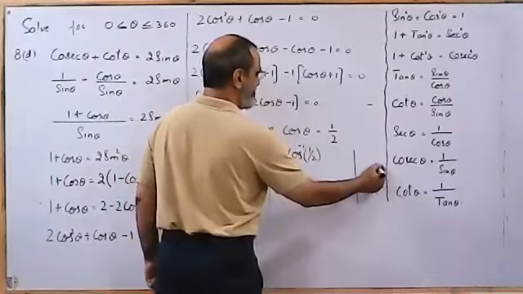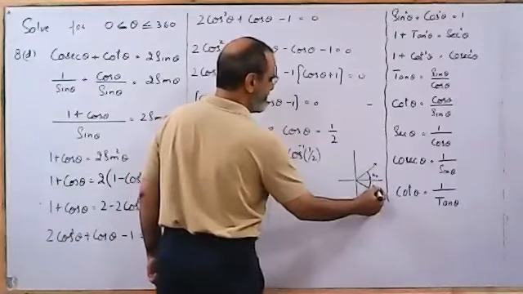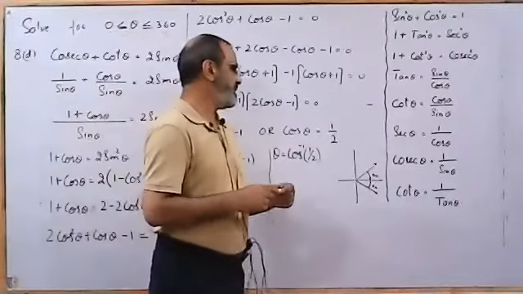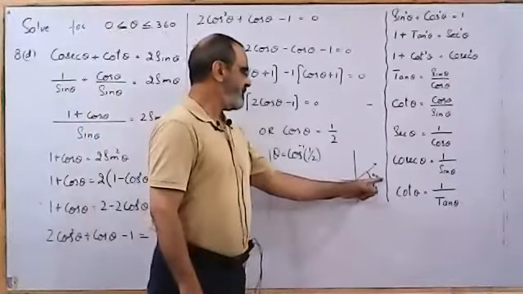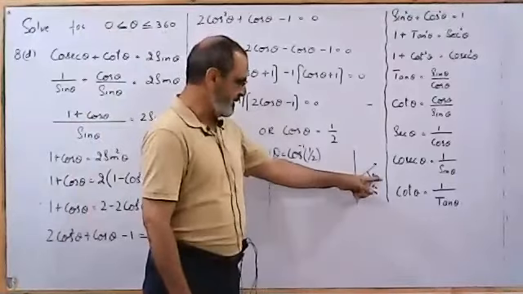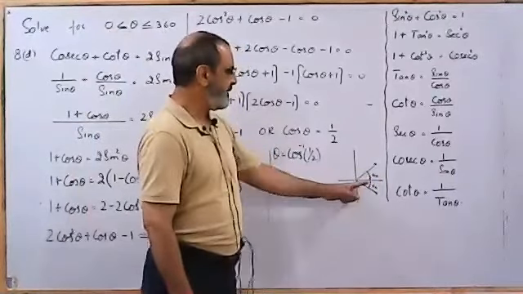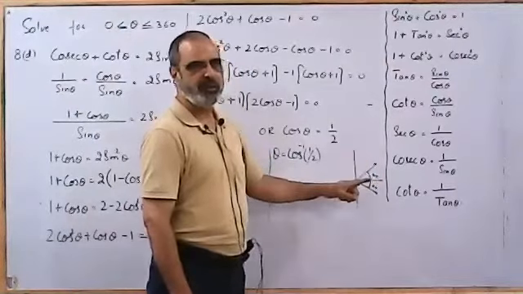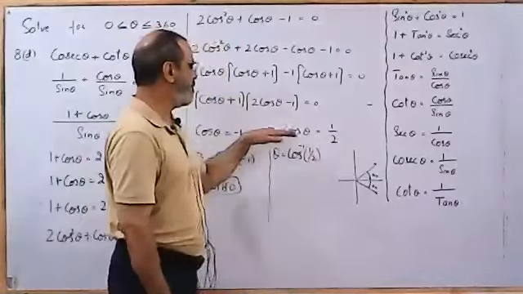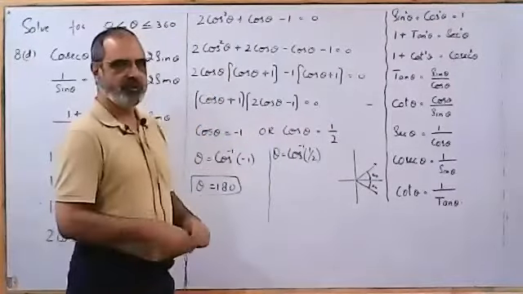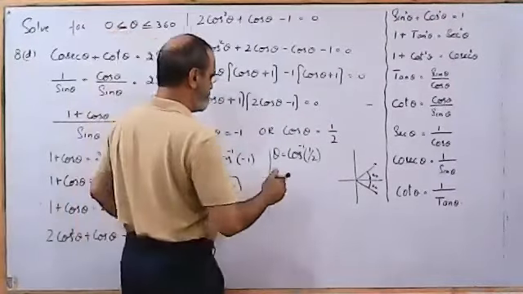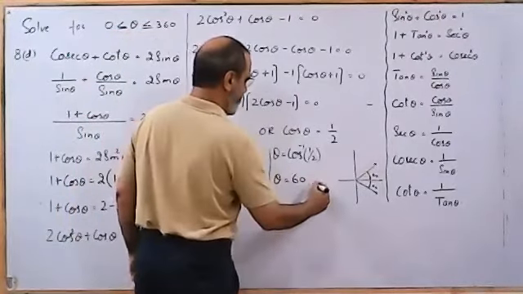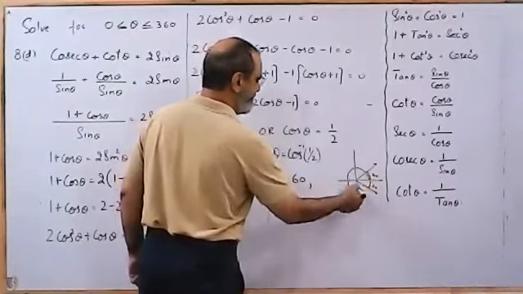So the base angle is 60 degrees in the first quadrant, and the base angle is 60 degrees in the second quadrant. And you know what a base angle means? Base angle means the angle from the nearest x-axis. So from the nearest axis the value is 60, and here from the nearest x-axis, again its value is 60. In the first quadrant and the fourth quadrant, because cos is positive in the first and fourth quadrant.